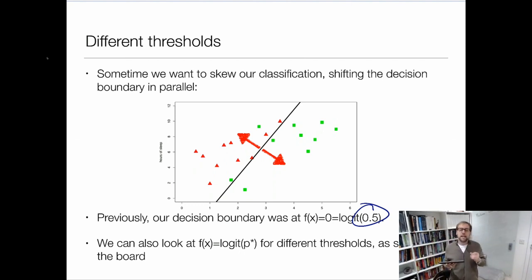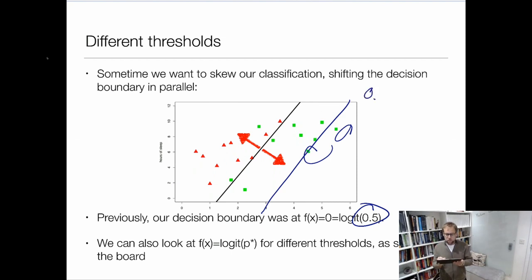For example, if I make it higher, so I have a higher threshold, I only mark those students as pass for which the probability was not above 50% but above 90%. Then I maybe get this line here, in which case only very few students, say those two, were above this threshold. So if I said p equal 0.9, here I have p equal 0.5 or p star,